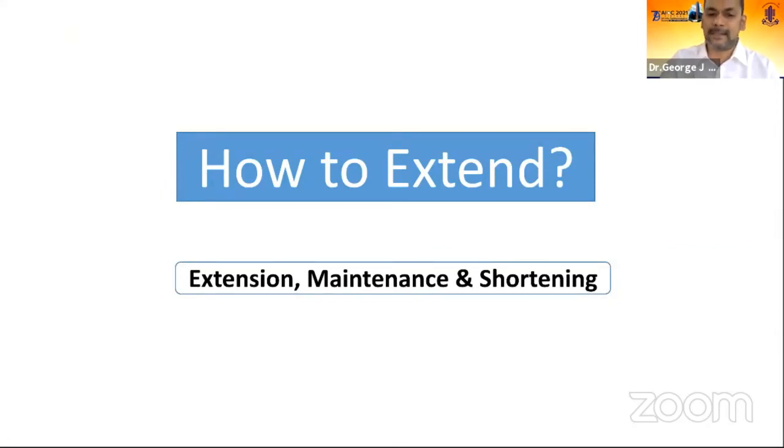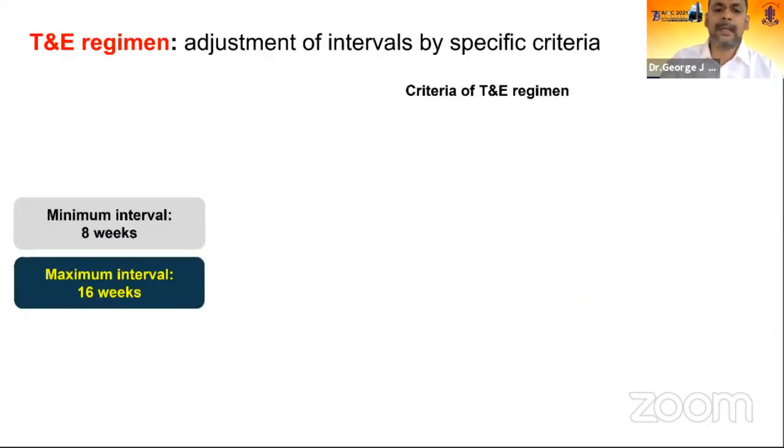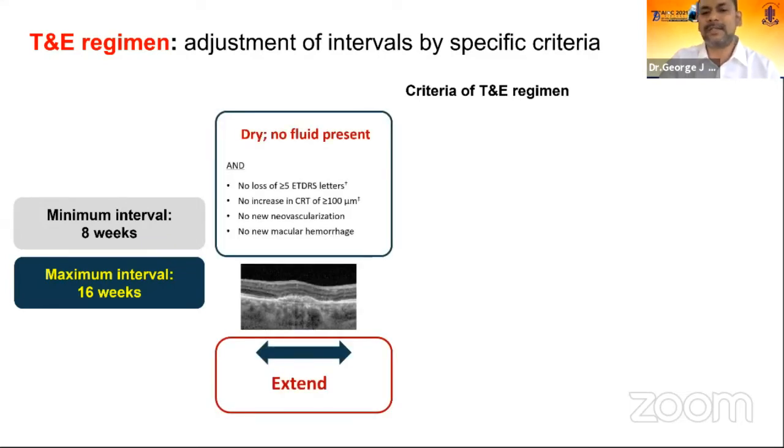So now how to extend? It is either a minimum of two monthly as per the ALTAIR study, and maximum it can be extended to once in 4 months injection. So if we have a dry macula with no fluid, extend it as we saw in the